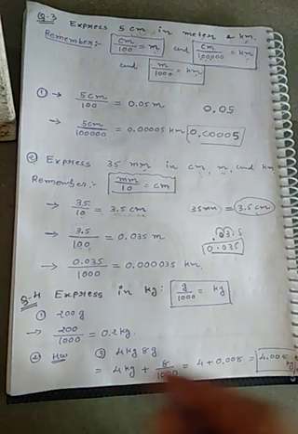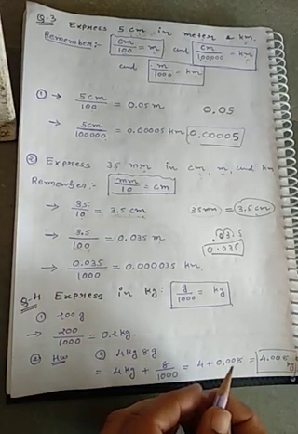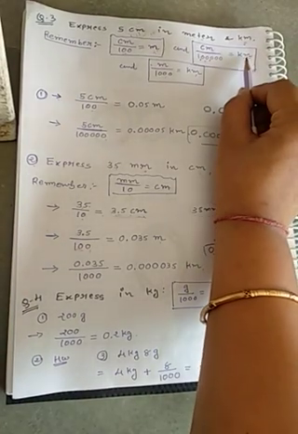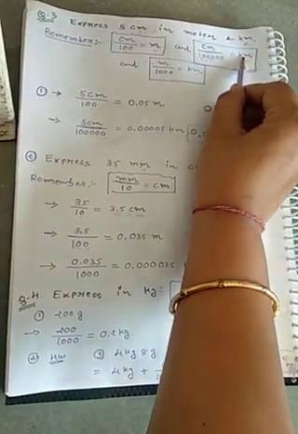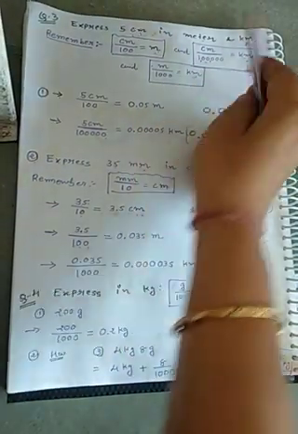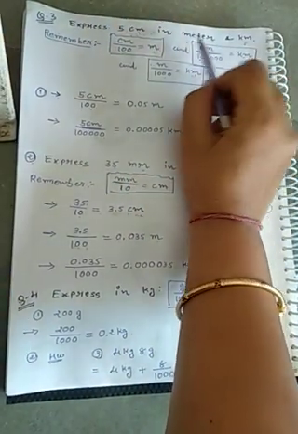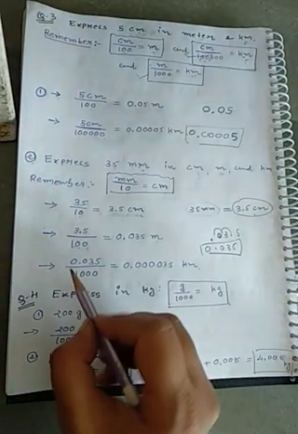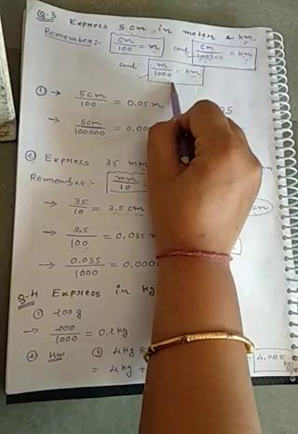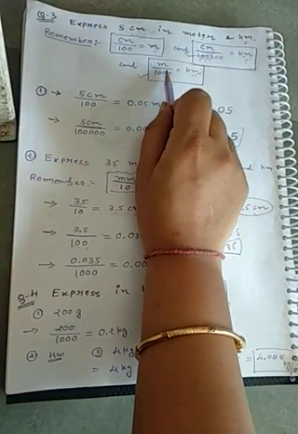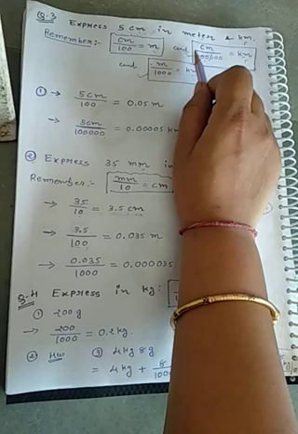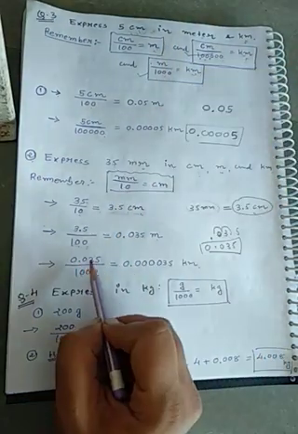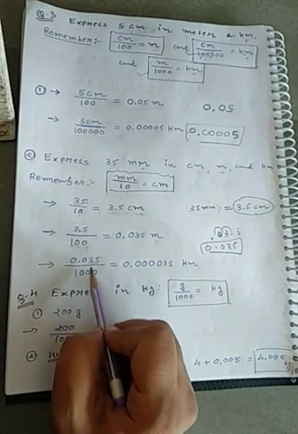Now millimeter into kilometer also we want. Clear? Right now we are not having the relation between millimeter and kilometer, but see, we have the relation between centimeter and kilometer, meter and kilometer, both. So you can apply any. You can use this also, or you can use this also. Clear? Let me use this relation because it has less number of zero. The bigger the number you use, the more chances of mistakes there will be. Clear?